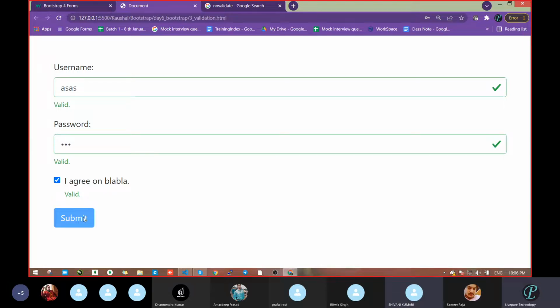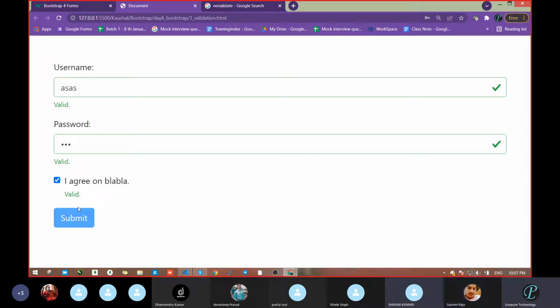Sir, that means now my validation got satisfied, so my button has to enable. Is that the condition in case of novalidate? No. What I'm trying to say is, if you give invalid input, then the submit button will be disabled.